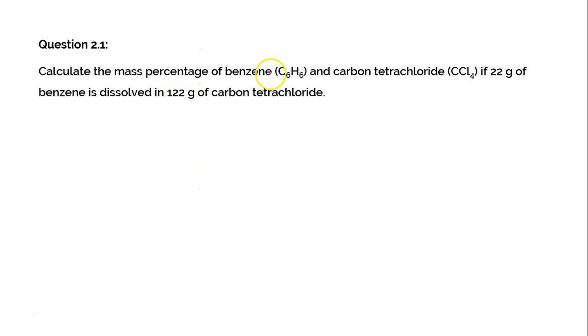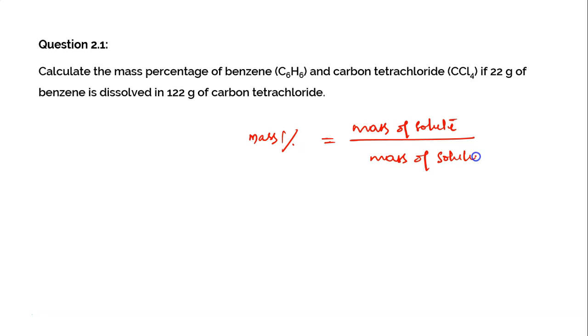Calculate the mass percentage of benzene and carbon tetrachloride if 22 grams of benzene is dissolved in 122 grams of carbon tetrachloride. So we have a solution of 22 grams of benzene in 122 grams of carbon tetrachloride. We got to calculate the mass percentage of both benzene and carbon tetrachloride. So generally mass percentage of any solution can be calculated using this formula. Mass percentage is equal to the mass of solute or one component divided by the total mass of the solution